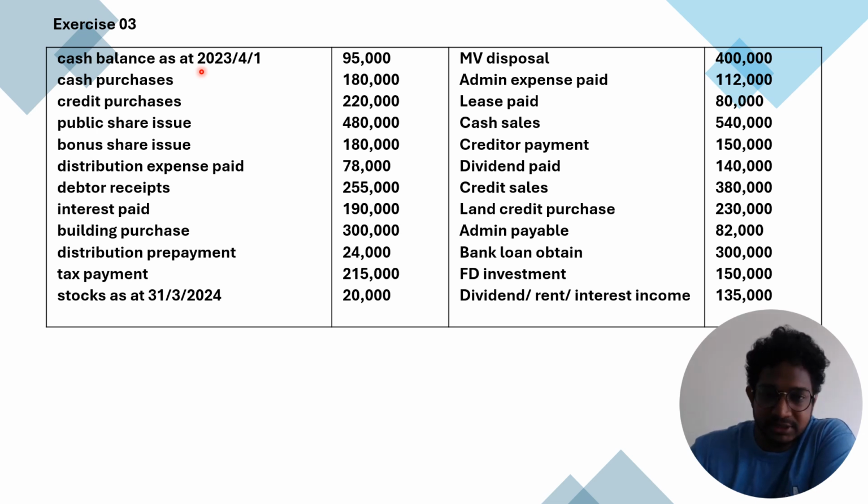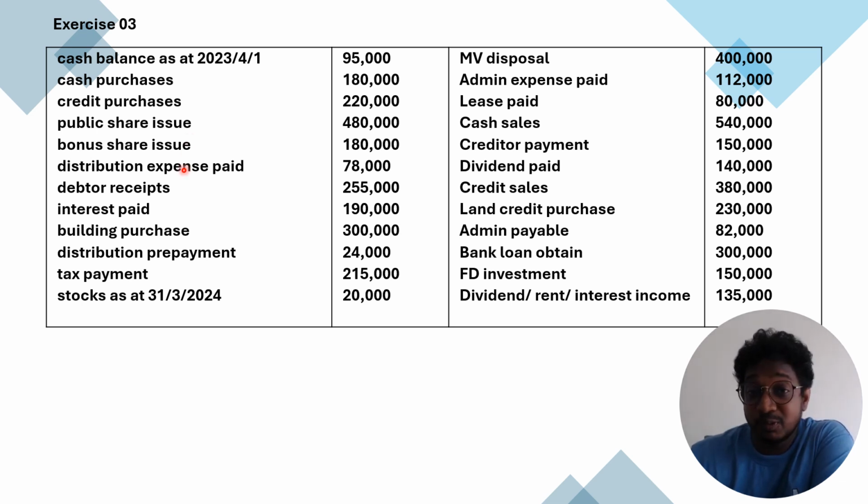So this is the opening balance, at the end before closing cash and cash equivalents, and credit purchases. Here, this is credit purchases. You are purchasing stocks on credit, so that is not a cash flow. So you are not recording it in cash flow statements. Credit purchases you are not recording, but you have to record cash purchases. Cash purchases you record in operating activities. Public share issue, yes, you are issuing shares and raising funds from the public, so you have to record that in financing activities